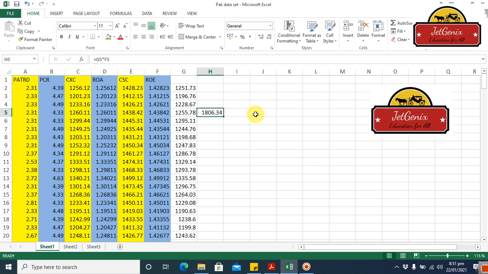And if you want me to show you the formula, let me show you the formula as well. Type FORMULATEXT, and select this one just to see the formula. So you can see the formula here.